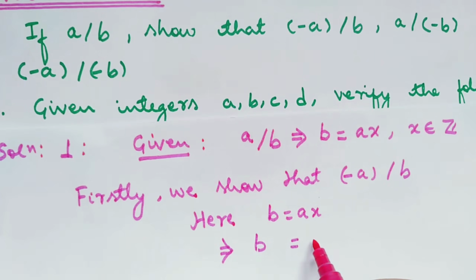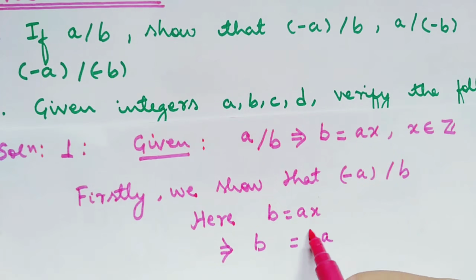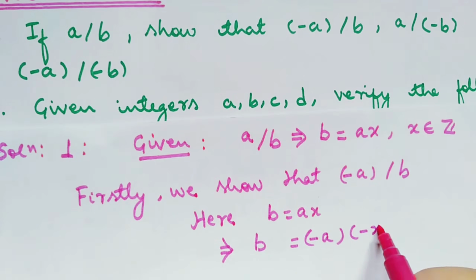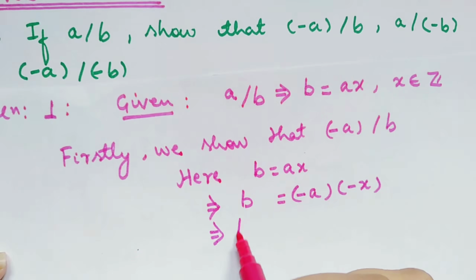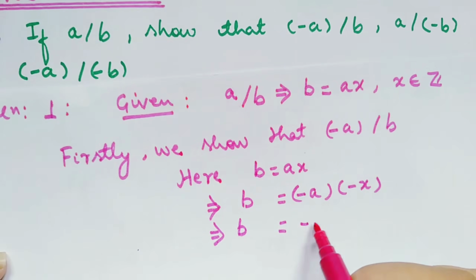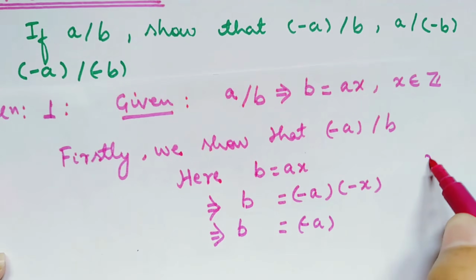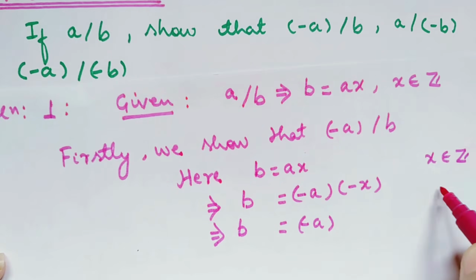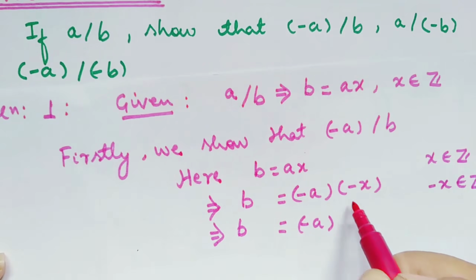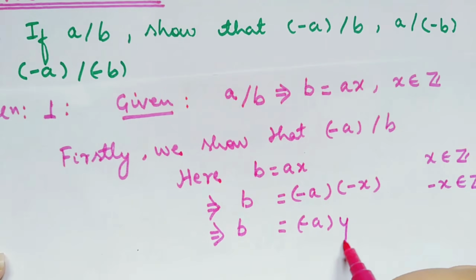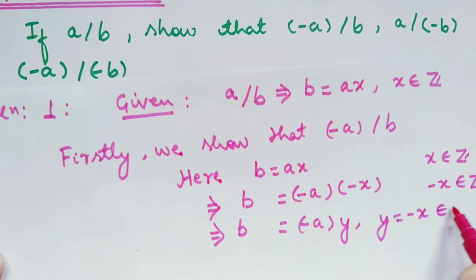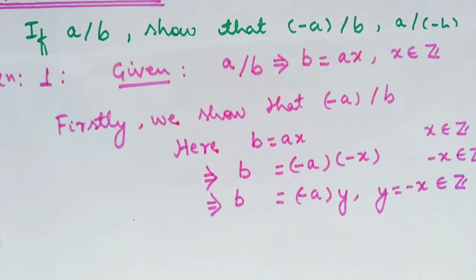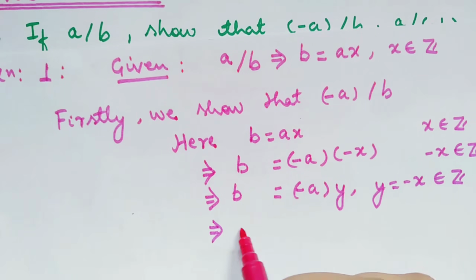We modify this and write it as minus A into minus X, and then we have B. See here, X is an integer, so minus X is also an integer. So let us write minus X as Y, where Y equals minus X is an integer. So from here it implies that minus A